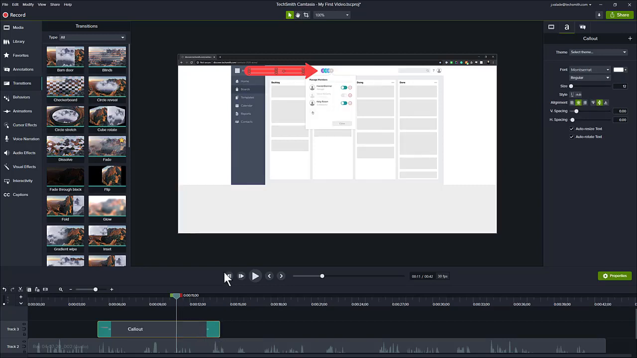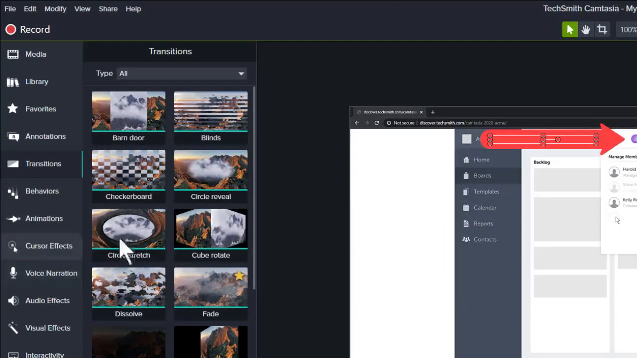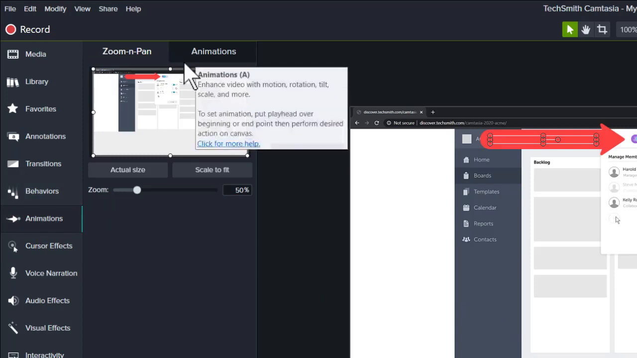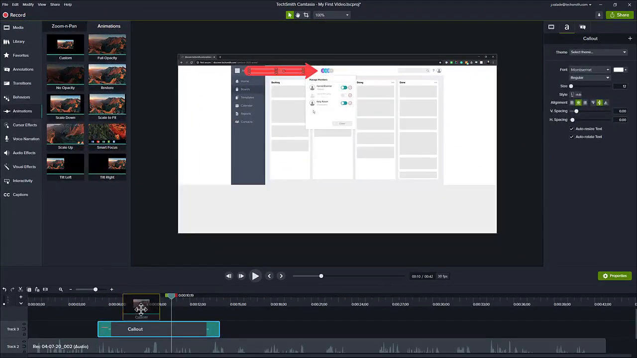To animate that arrow, we're going to create a custom animation. First, we're going to place the playhead exactly where we want the animation to end, which is right here. I want it pointing at that plus button at the same time that my mouse gets there. To add an animation, we come up to the Animations tool, and we're going to click on the tab at the top for our Windows users called Animations. There are lots of pre-built animations in here, but I'm going to teach you right now how to use the custom animation. To apply a custom animation, we click and drag it down onto the timeline,